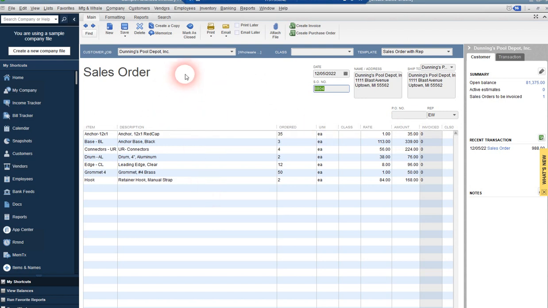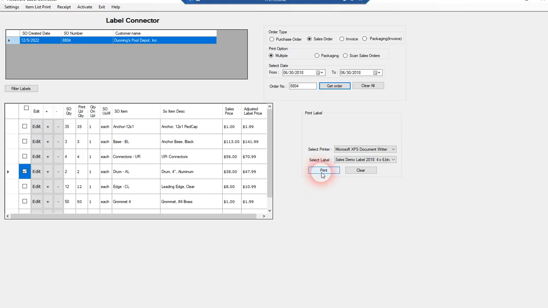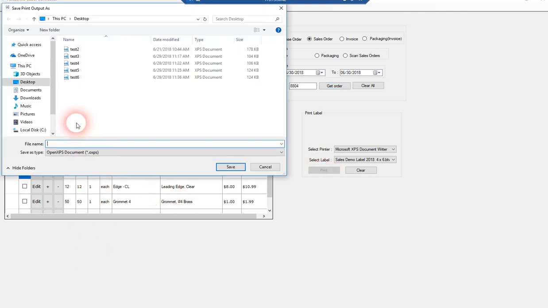But if you want to be able to have a higher price than that, you need to be able to mark up even further beyond that sales order price. So let's just go ahead and show you what this results with here from Label Connector. So let's go ahead and print this. So I'm just doing a couple of labels here off of this, and we'll just do this as test number